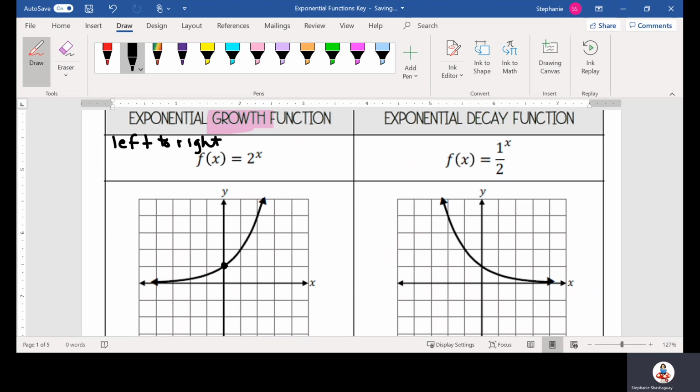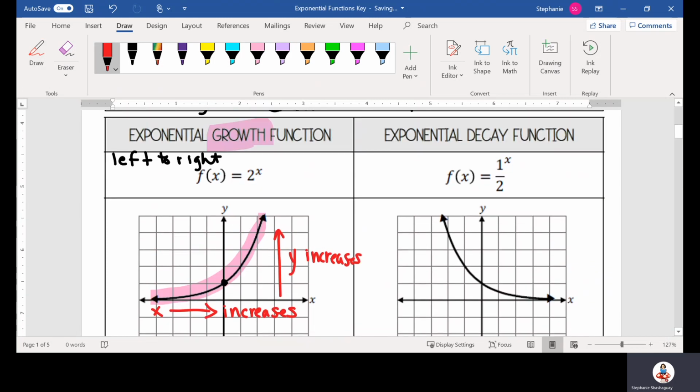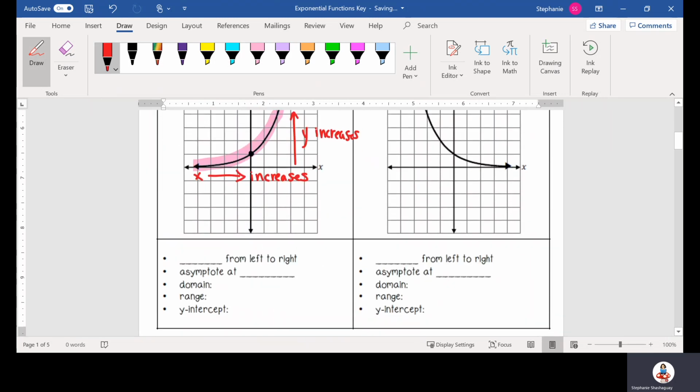Okay, so if we're going from left to right, what's happening? Well, what's happening is our x is increasing, and as x is increasing, y is also increasing. So that's why it's an exponential growth function, because, and we can fill this in down at the bottom now, it rises from left to right,